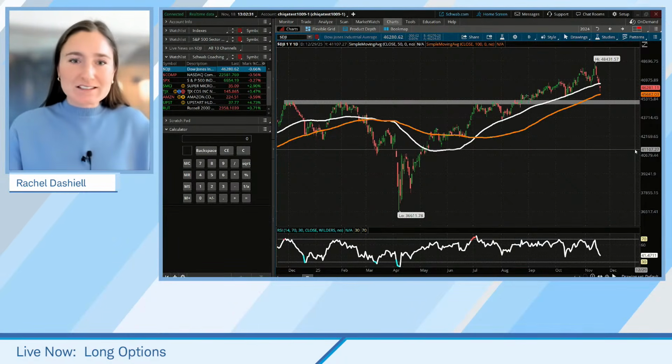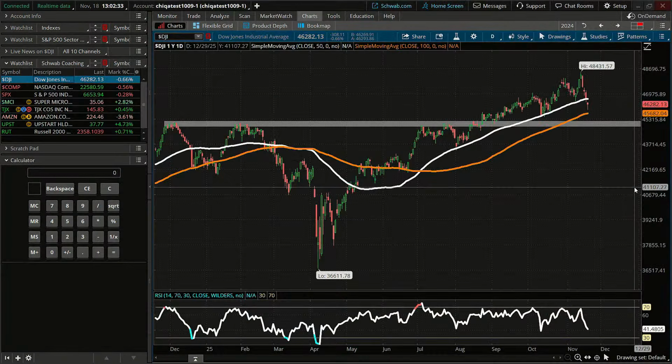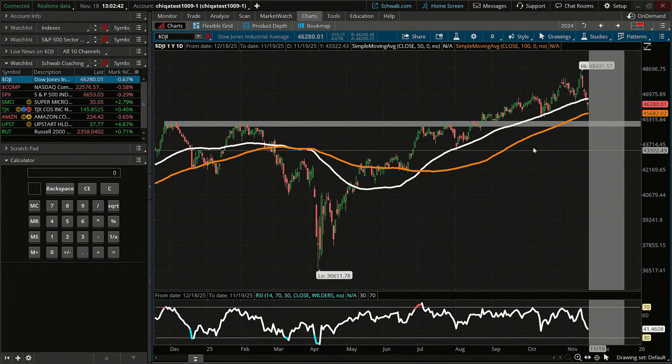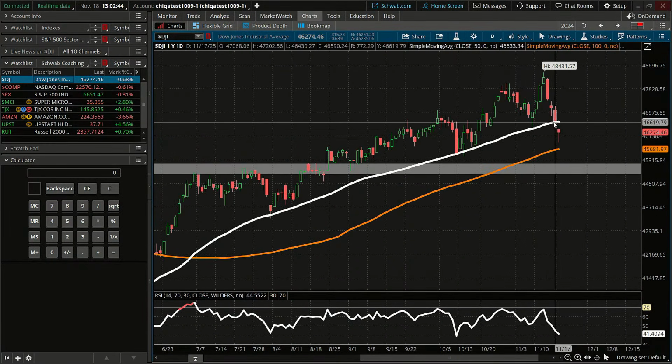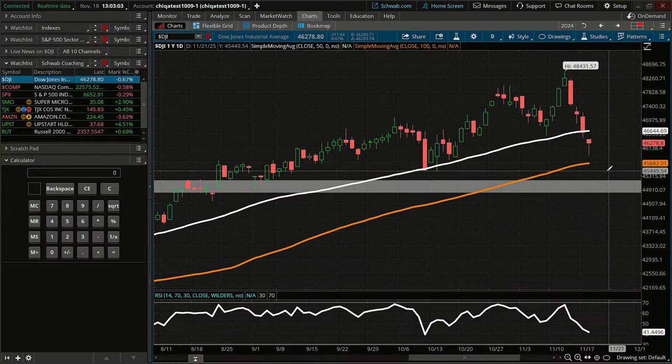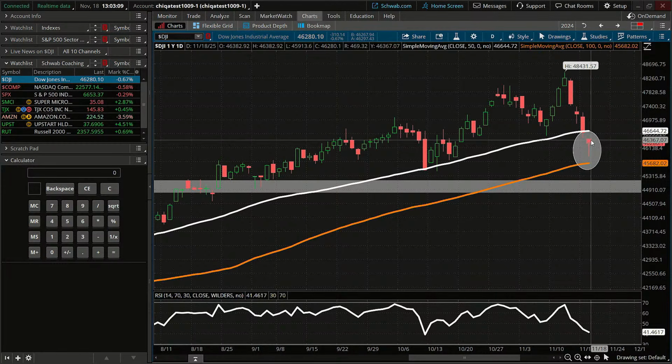We've obviously seen some selling pressure in the major market indices, especially over the last week or so. Starting with the Dow, we obviously broke that 50-day moving average here in white. We broke that yesterday, actually, and then we had continued follow through with a teeny bit of a gap down today, almost forming this hammer type candlestick, which is that bullish reversal type pattern here. I'm going to highlight it here so you can see it a little bit more, but that's where it has a very small body up near the top of the candle.